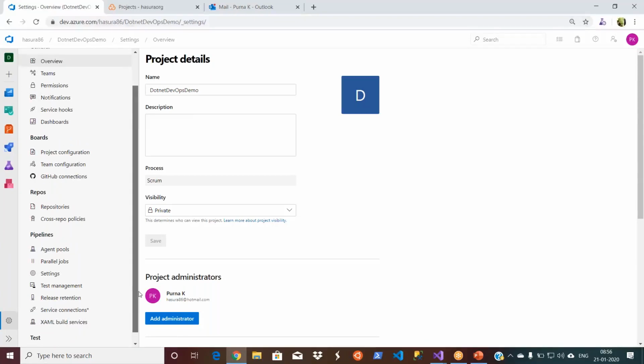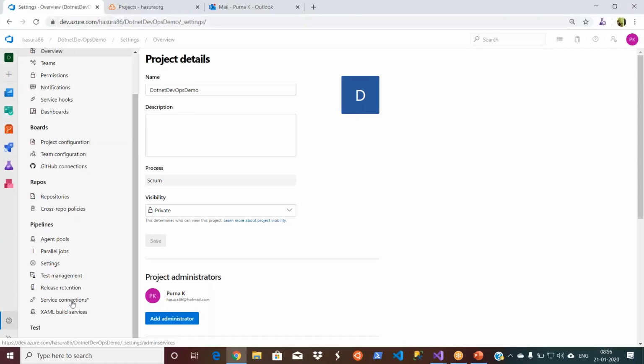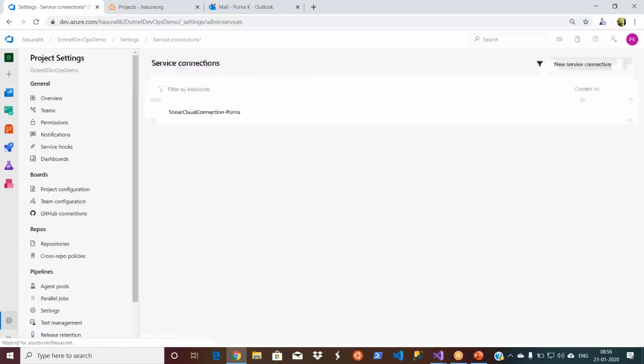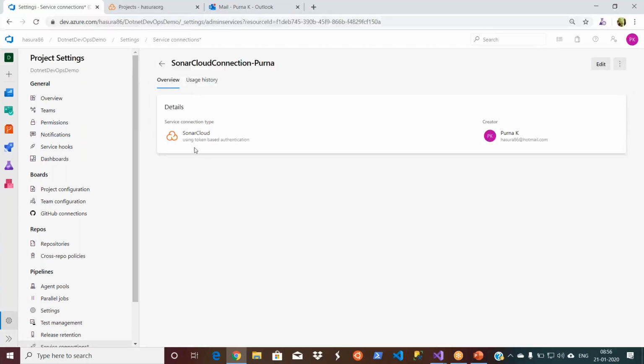Service. Everything you integrate with others will come here under your project settings. So this is the name I gave, Sonar Cloud connection. Let me see if I can take it from here.